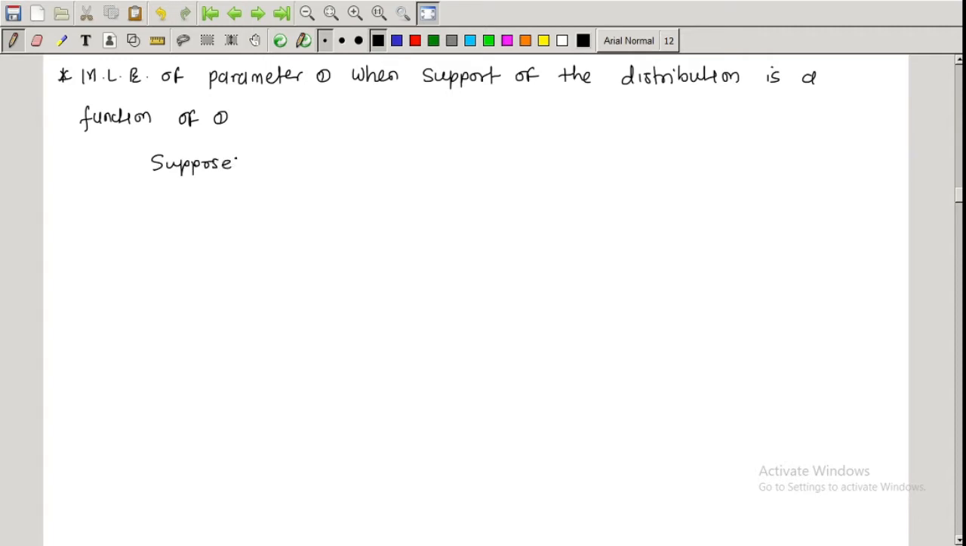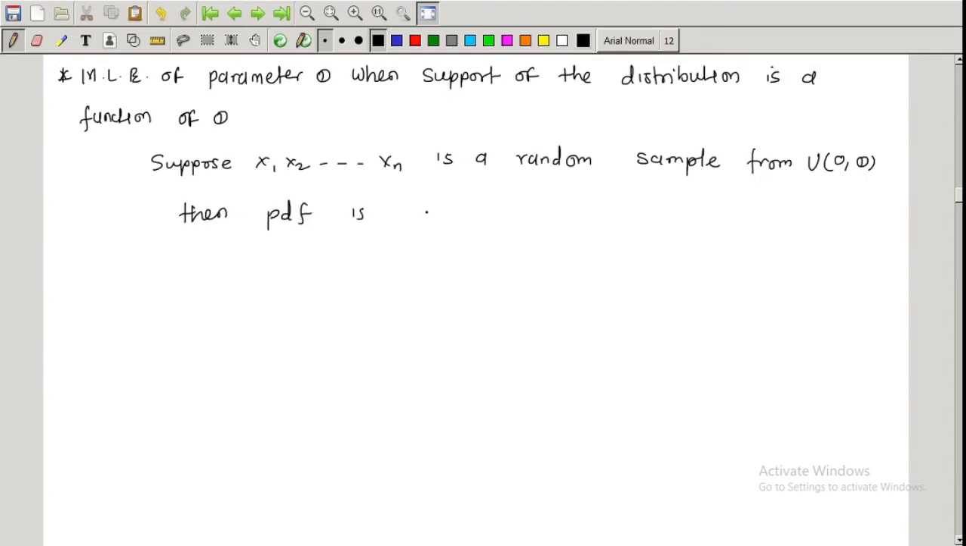suppose x1, x2 dash up to xn is a random sample from uniform 0 comma theta, then the probability density function is, we know f of x is 1 upon theta over the range 0 is less than equal to x is less than equal to theta, and the likelihood function for this is